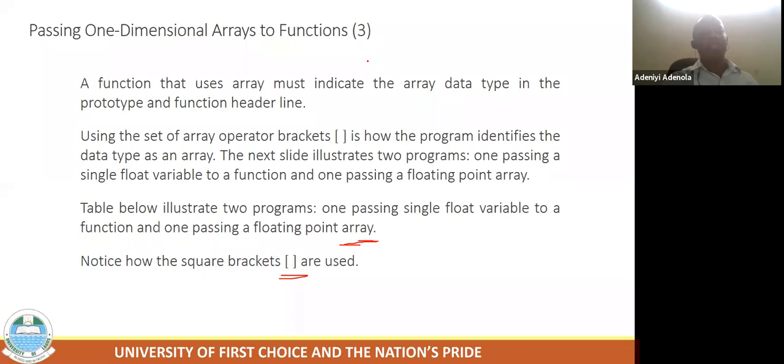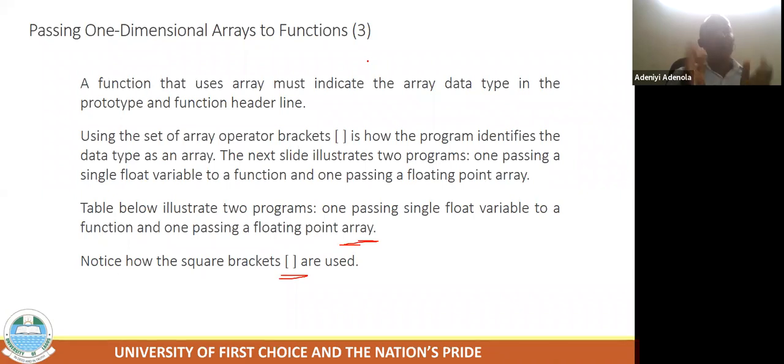You remember what I told you about arrays: the variables of an array are stored in contiguous locations, one after the other. So if the address of the first one is 0, 1, depending on the data type, let's say the data type is float, you add 4 to it because float is 4 bytes. So add 4 bytes to it. So the next one will be starting with